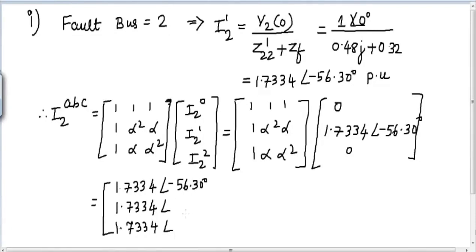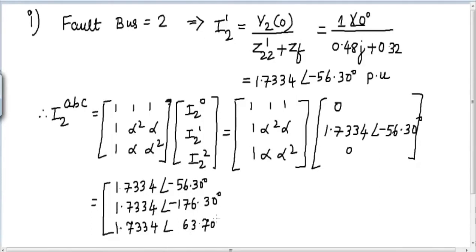Angle is minus 176, Mayuri. You have written plus 126. So it's not plus 126, it is minus 176. Okay, please check it out. Okay, so minus 176.30 and the third one is